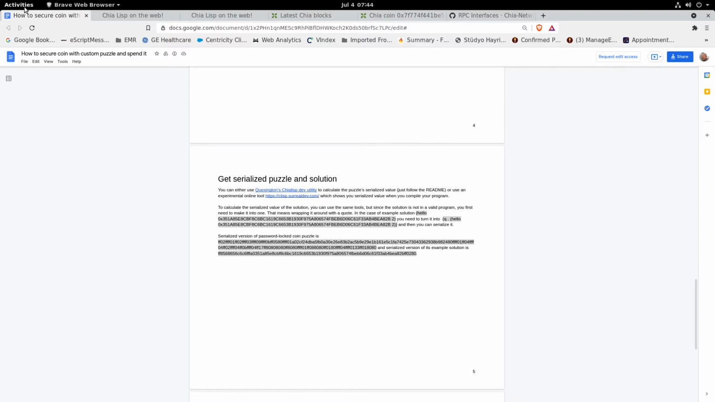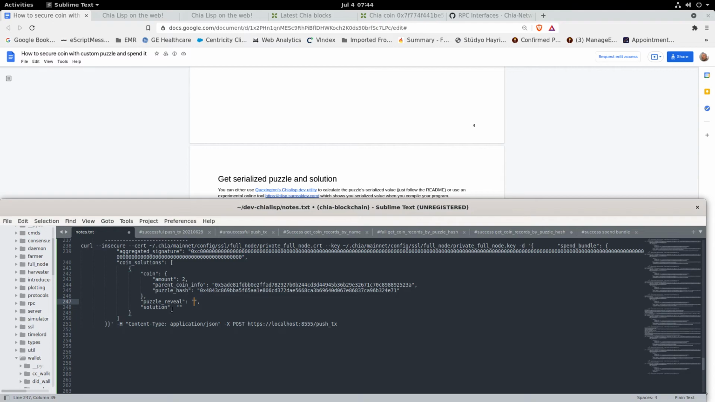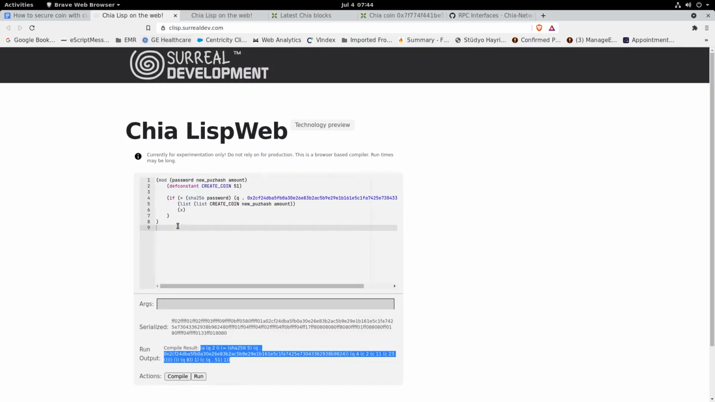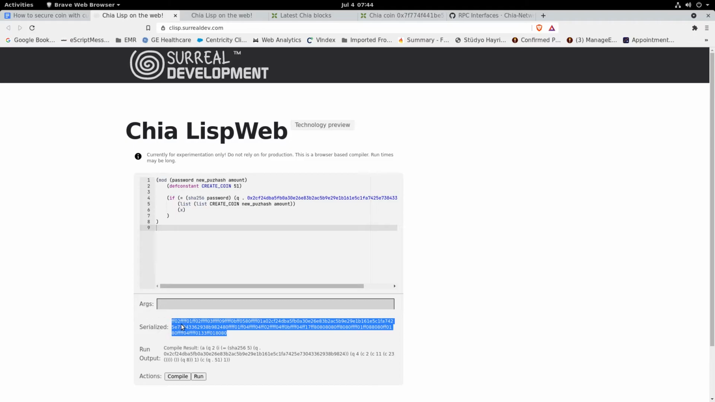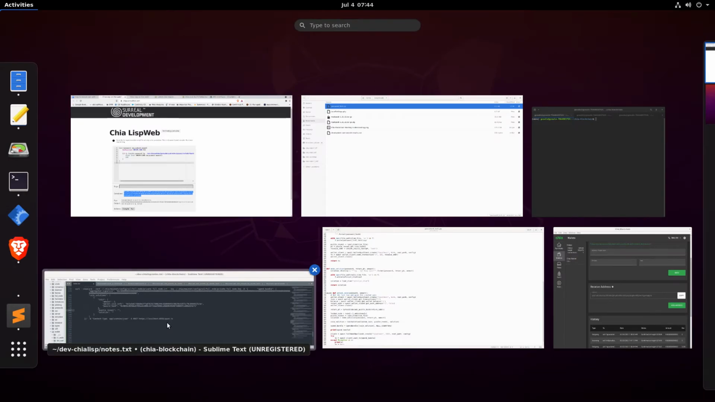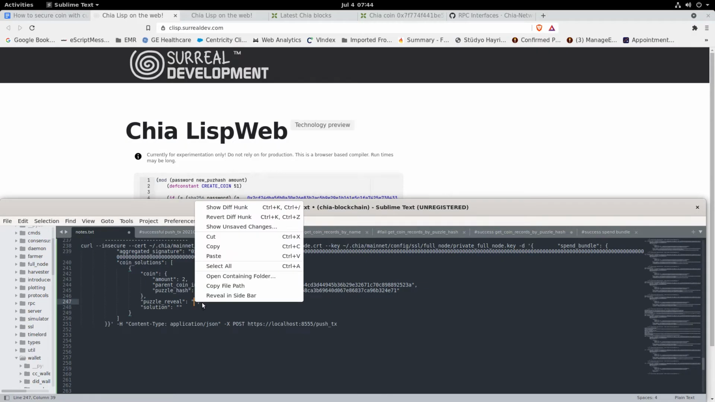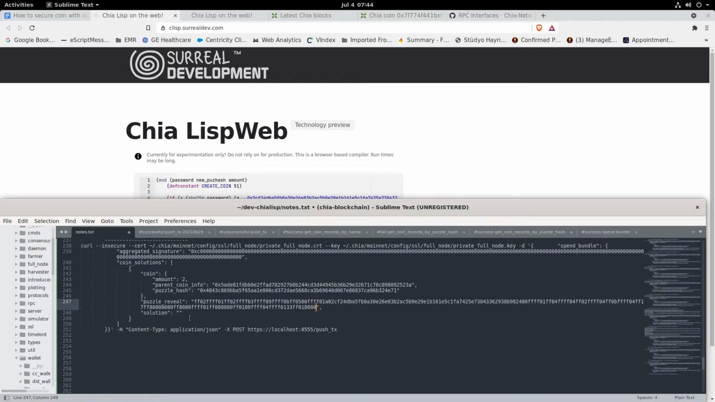Okay, so let's look at what's required from the RPC call. Essentially, we need a solution and a puzzle reveal. The puzzle reveal we already have. That is from the Chialisp that created the coin. Here's our puzzle reveal. And we need that in a serialized form, which is here. So we just copy that and paste it in here. The solution,